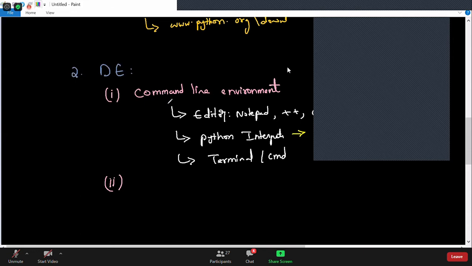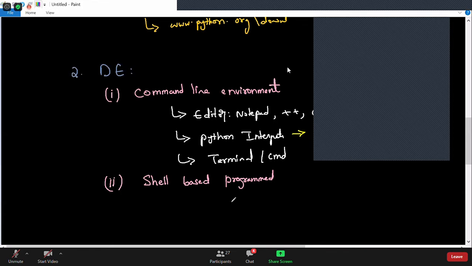Okay, same as C, Java, and other programming languages. Especially a few languages like JavaScript, Python, Ruby, they give another approach called shell. Shell-based programming. What is meant by shell-based programming? In short, like a shell in biology, a shell is a mediator between you and the underlying system. Similarly, your Python shell or any programming language shell is a mediator between you and the kernel. You can talk to the kernel directly.